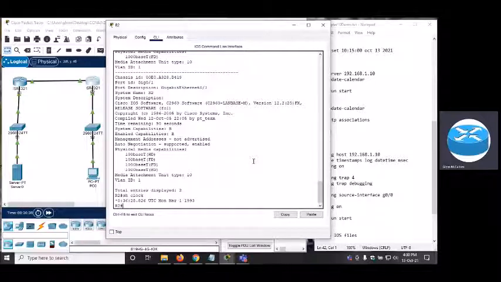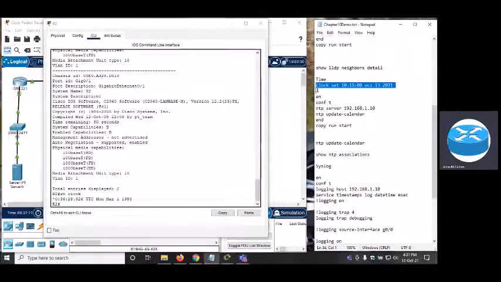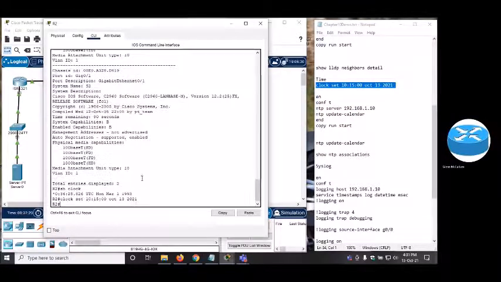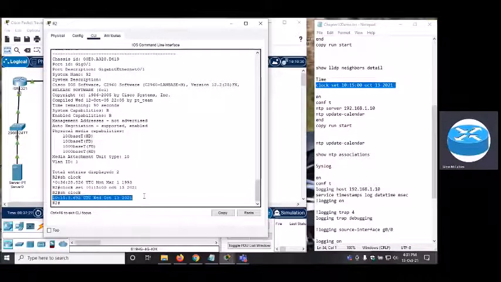Now, Cisco devices don't have the CMOS clock running all the time, 24/7, to keep track of time. And so when they boot up, they go back to basically the beginning of time, or when Cisco started. And so basically from there, even if you turned on timestamps, it would not be very illuminating. And so you can, of course, manually set the time. So you can actually do clock set. And I'll do it for 10:15 this morning, just because I can. And so clock set, if I do show clock now, it will actually have a sensible time as opposed to a non-sensible time. But of course, if this router reboots, it will lose track of that time